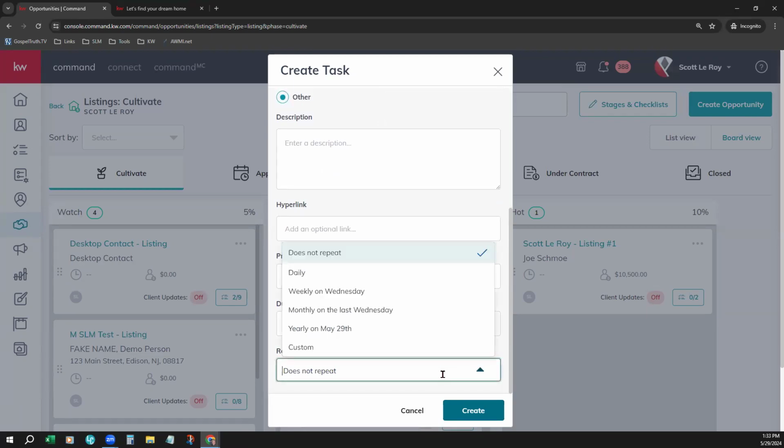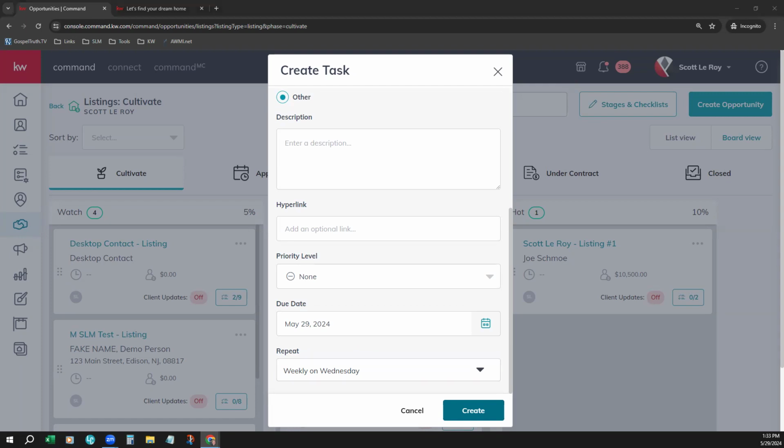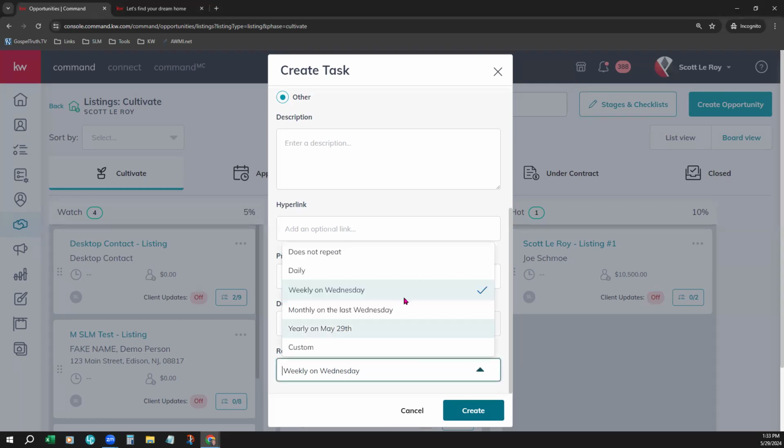Maybe you want it to be every week you're going in and checking what competition is left on the market against this particular listing of yours, or maybe what's closed. What are the appraisers most likely going to pull if you have an appraisal done in the next 30 days? Things like that. So if there's a repeating task that you want to repeat daily, weekly, monthly, even yearly,